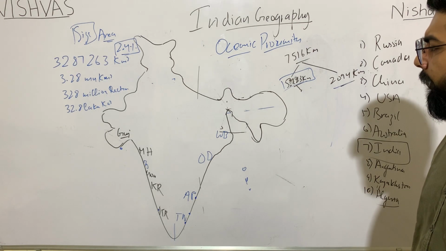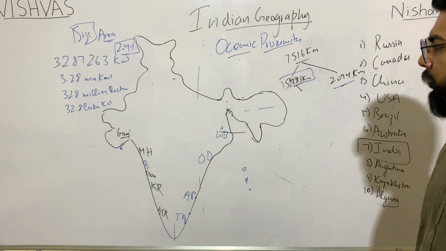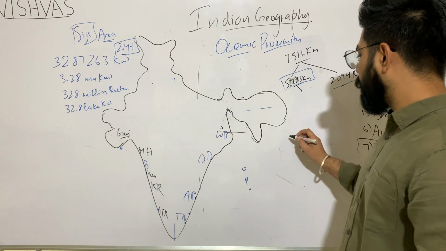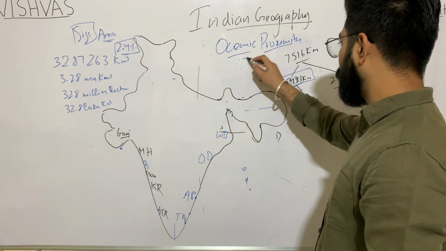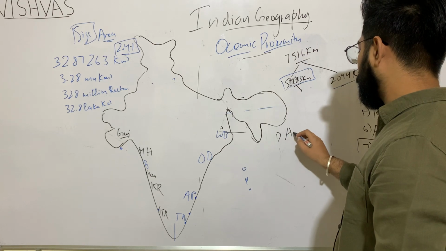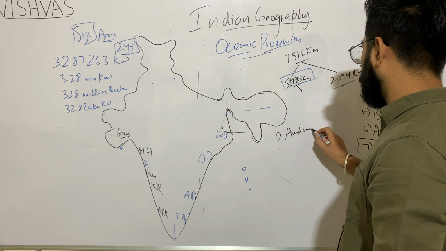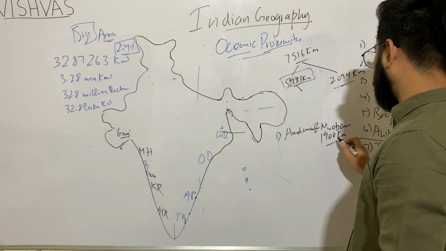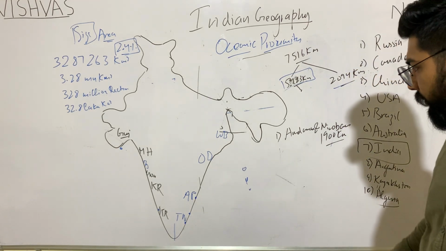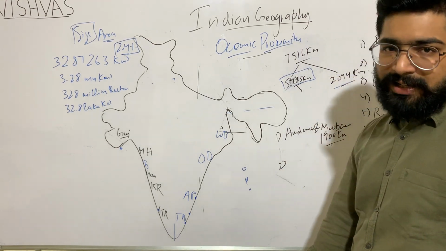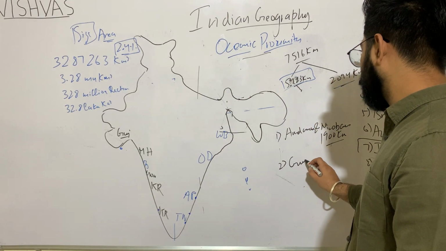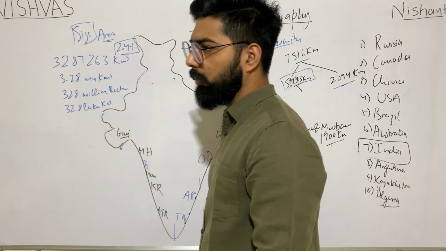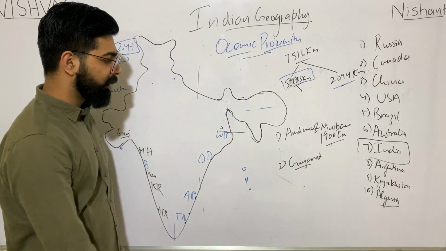Also, if we talk about the coastline of Gujarat, the maximum coastline of India is of Andaman and Nicobar, which is of 1900. But as it is a UT, if I talk about the state, it is Gujarat. So if a question comes which of the following states has the maximum coastline, then it will be Gujarat.